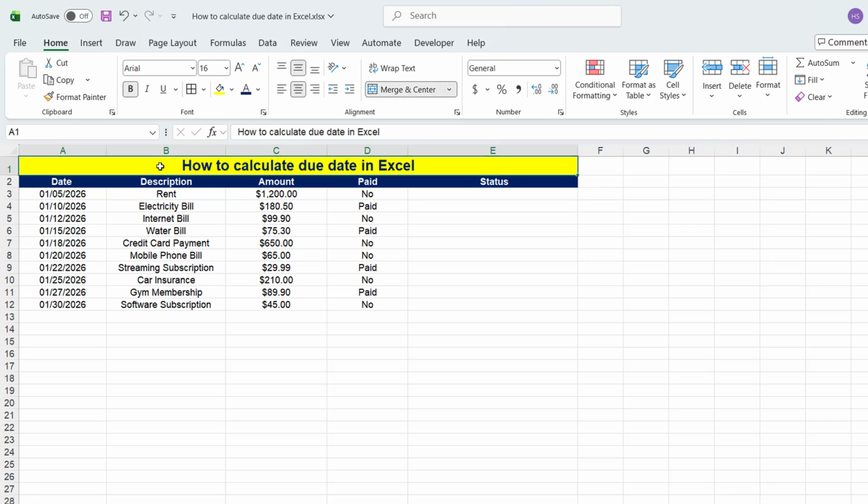If you want to learn how to calculate due dates in Excel, this video is for you. In this video, I will show you how to automatically calculate due date, status, or expiration dates using Excel. So let's get started. Here I have an example with a table where I list all my expenses for a